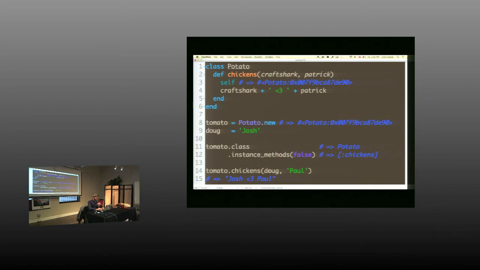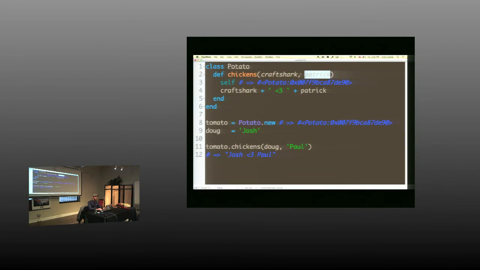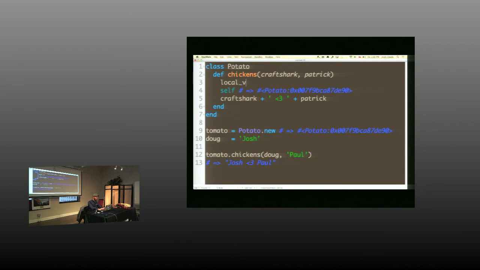And then these two arguments, those are going to get lined up with, I'm going to use the phrase parameters here, even though most people use parameter and argument interchangeably. So the string Josh will get lined up with that one, and the string Paul will get lined up with that one, and we'll just set those into the hash of local variables for that binding. Okay.